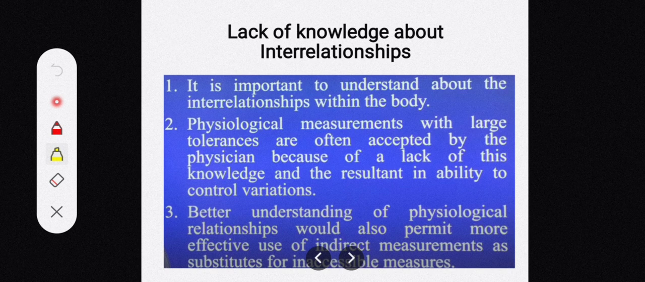Moreover, because of this lack of knowledge about the interrelationships among the various variables in the human body, physiological measurements with large tolerances are often accepted by physicians. So because of the lack of this knowledge, what is happening? Physicians are accepting large tolerances in the physiological measurements of a variable. So these were the three